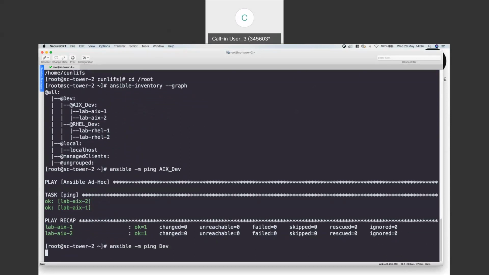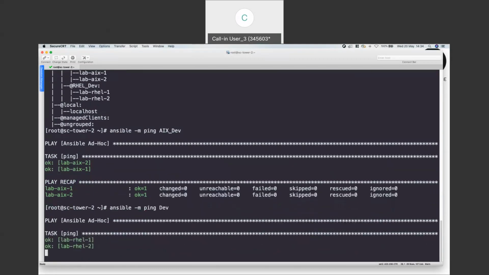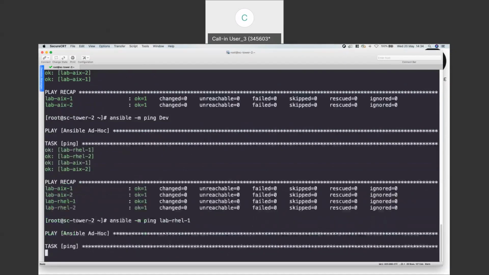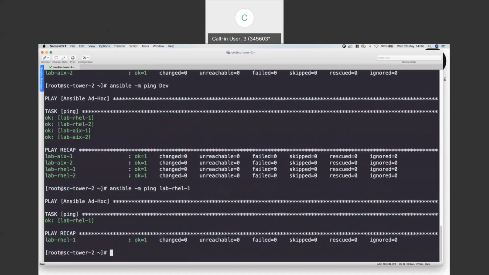What happens if I want to ping everything that's in my group dev? You saw before, it's a collection, so it's come back against all 4. Or I can say run a module against an individual host. So I just want to run a ping module against my LabRel1 server. Okay, so a very, very simple example of